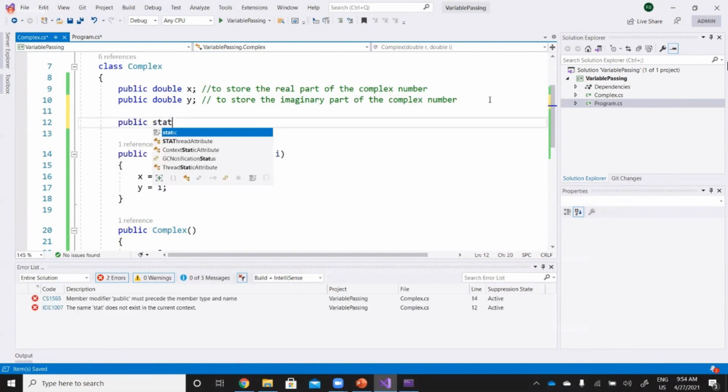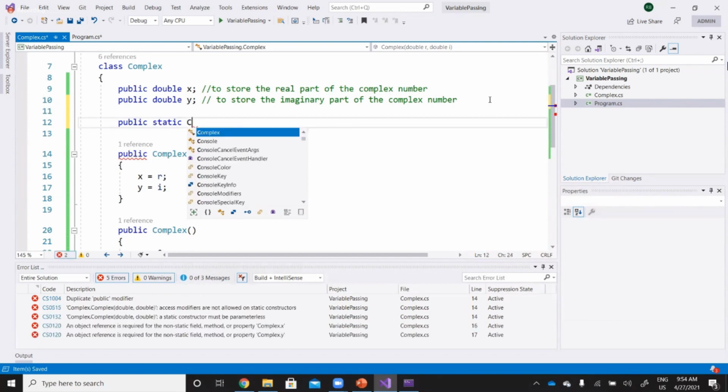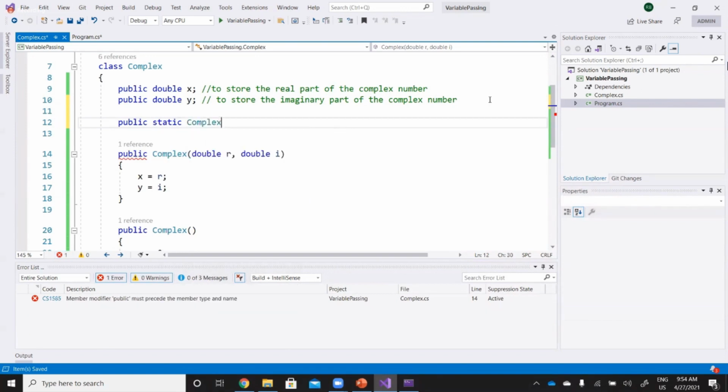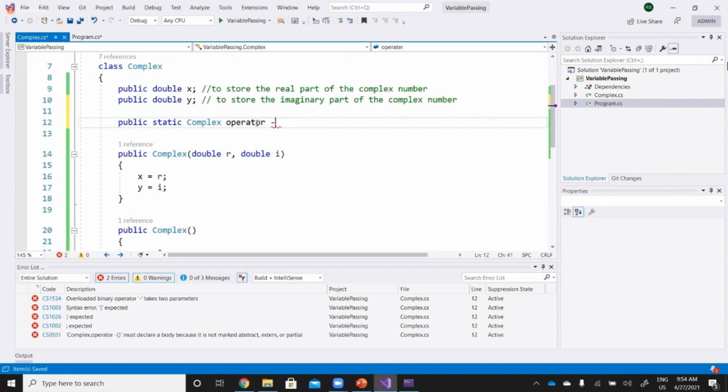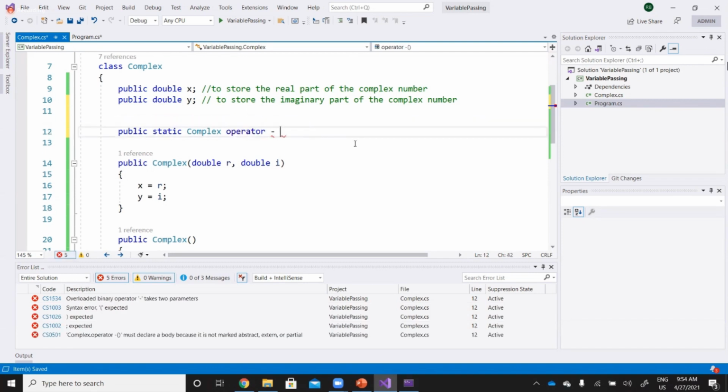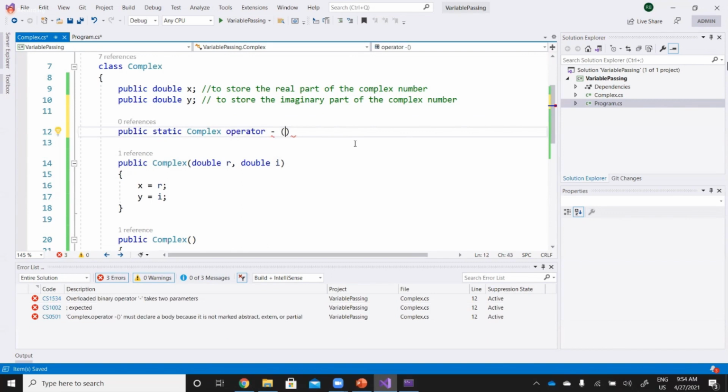Public static should be complex, and the operator, right here you can say it should be operator negative mark, and here you have to pass another complex number C, let's say.